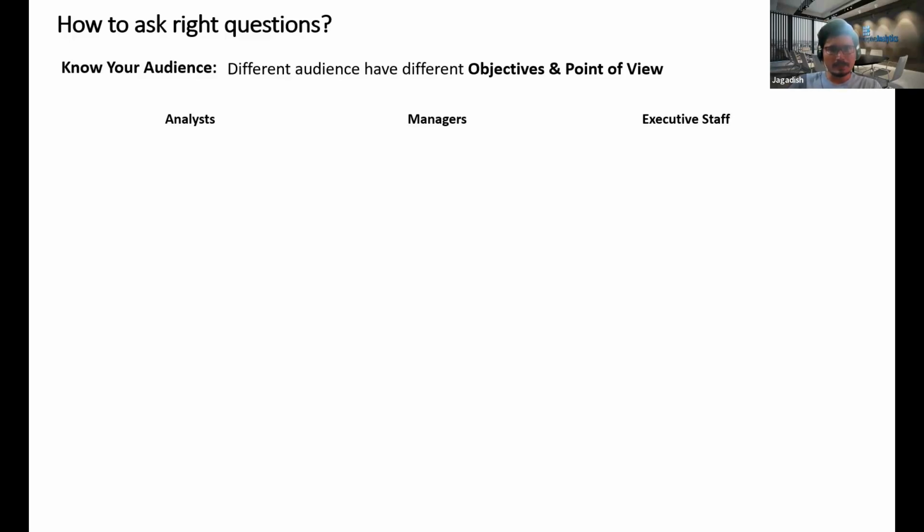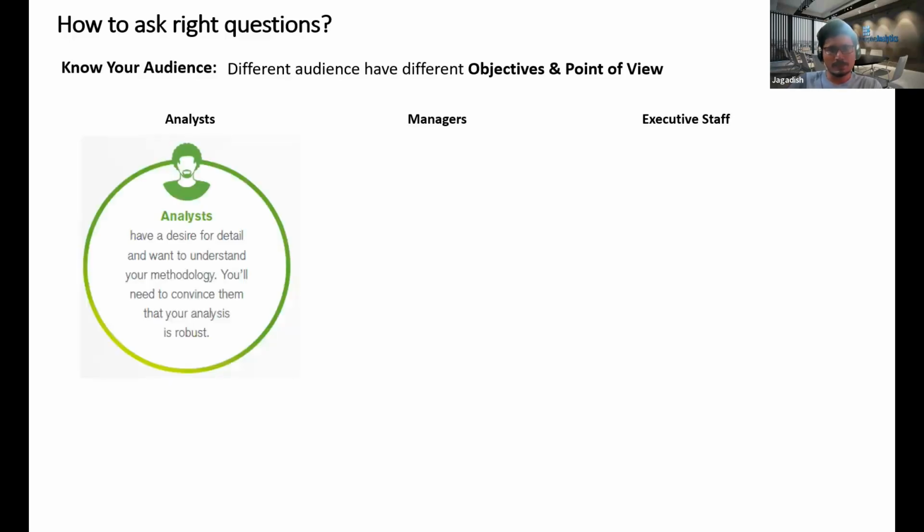Now, given their day-to-day responsibilities, the roles are different. So their expectations from visualizations, the questions that they want answered from visualizations, will also vary. So we have to be conscious of the fact that depending upon the audience, we have to change the questions that we ask. So for an analyst,